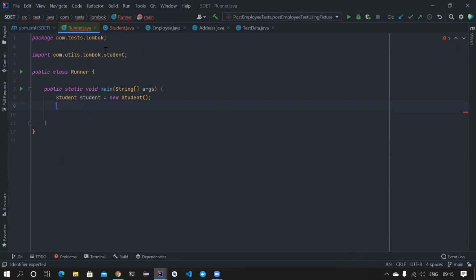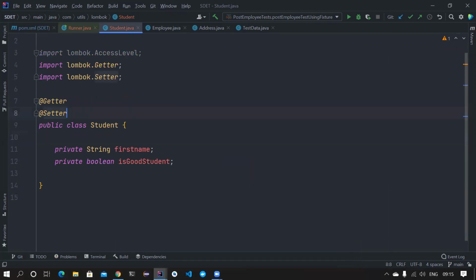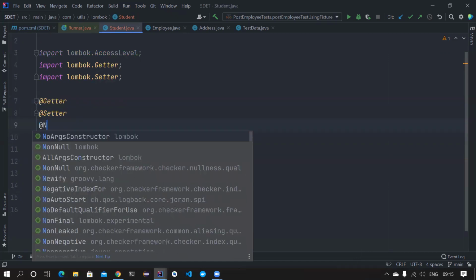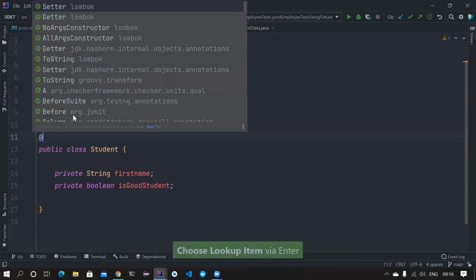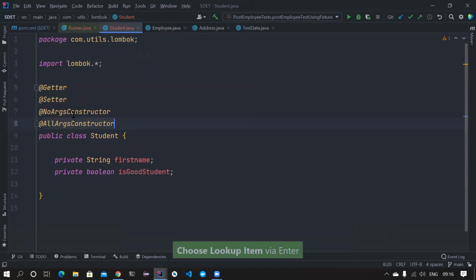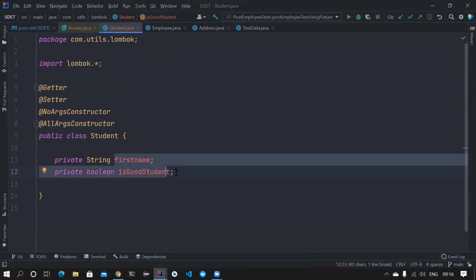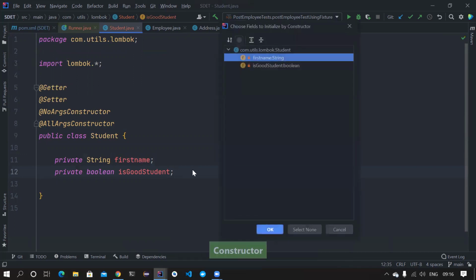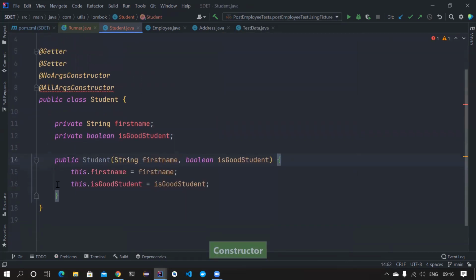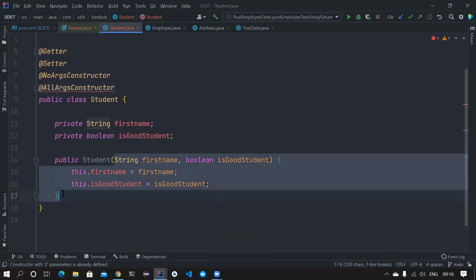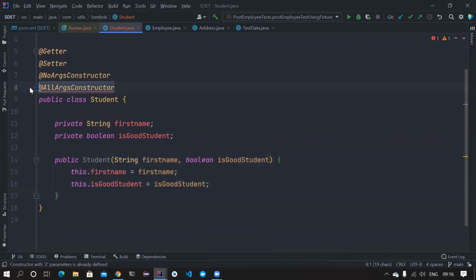Apart from that, it can also do other magic, like it can create constructors for you. For example, I want to create a default constructor, and also an all argument constructor. All arguments means using all the fields in the class, it will create a constructor. For example, if I create a constructor like this, it is called an all argument constructor. Here this is throwing an error because there is already an all argument constructor available. Why would you want to generate a new one? I cannot overwrite something that is already available.